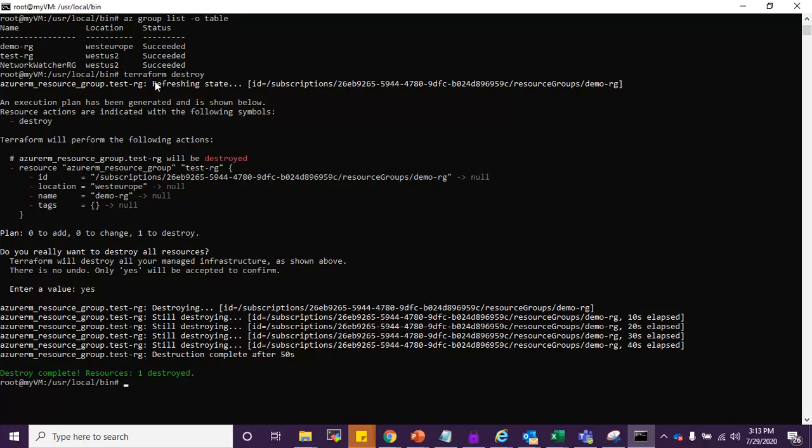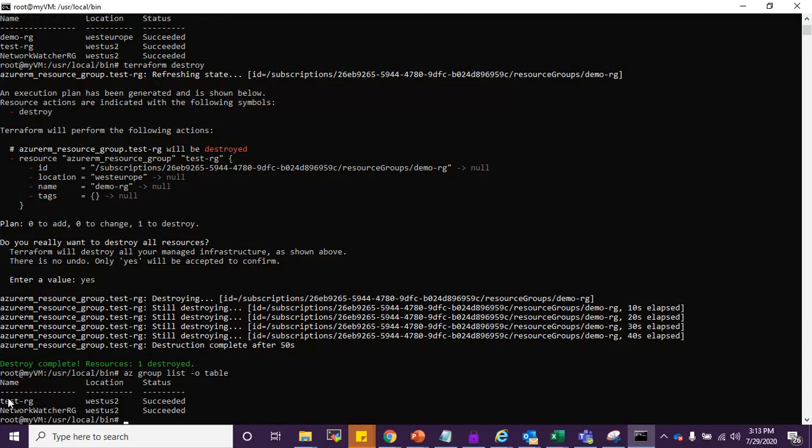It says it's destroyed. Let's list resource groups. As you can see, the demo RG which was from the Terraform is destroyed now.